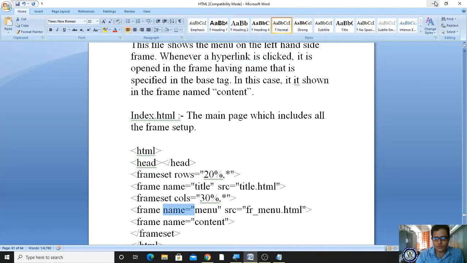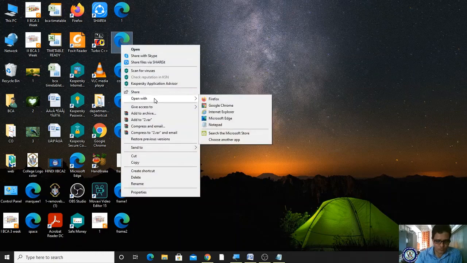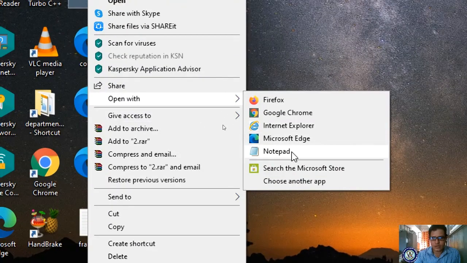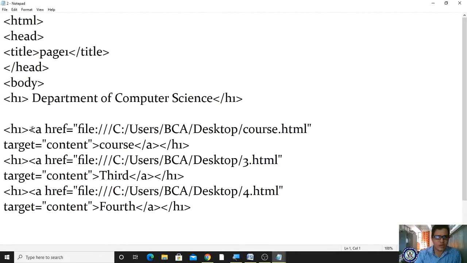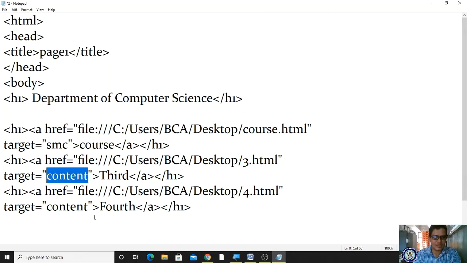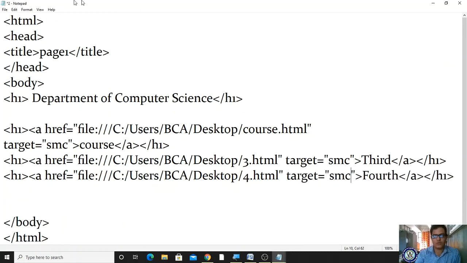So for that, what I'm doing, I'm opening the second.html file with notepad. I'm getting my notepad source code. Here the link tag is already there. Here the target attribute is there. For the target attribute, what am I supposed to give? It is SMC. The second part is SMC, right? So the target attribute is supposed to be used in your link tag, and it has to be given as SMC, because in that portion you have to display.